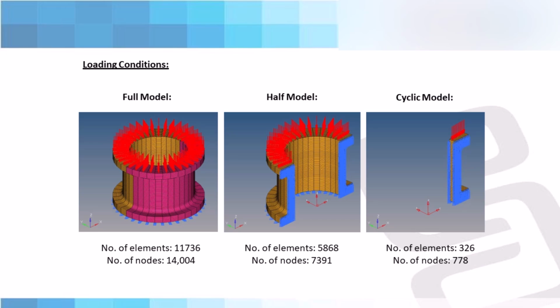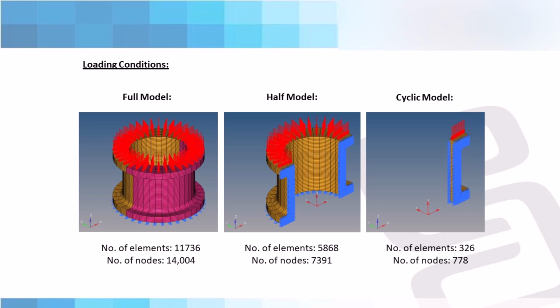Now the same is true for the loading conditions. You can see the pressure that is applied on top of the full model. If I cut the model into two sections, the same pressure can also be mirrored to get the full loading on the full component, that is called a symmetric boundary condition. Same goes for constraints as well. Now cyclic model means if I rotate this strip of elements according to a coordinate system defined at the center, which you can see as a red coordinate system in the figure, then I will get the full component.